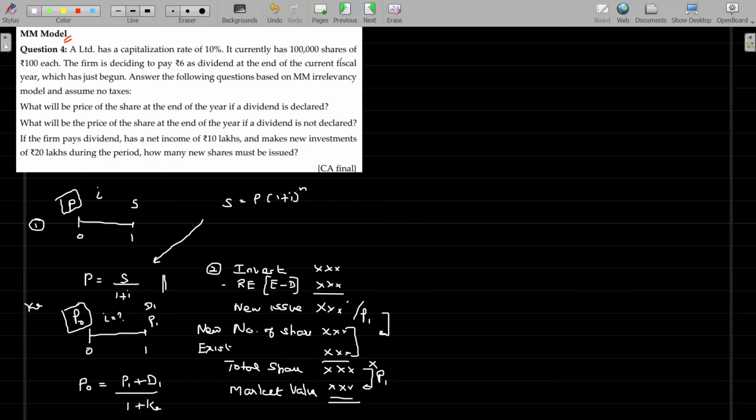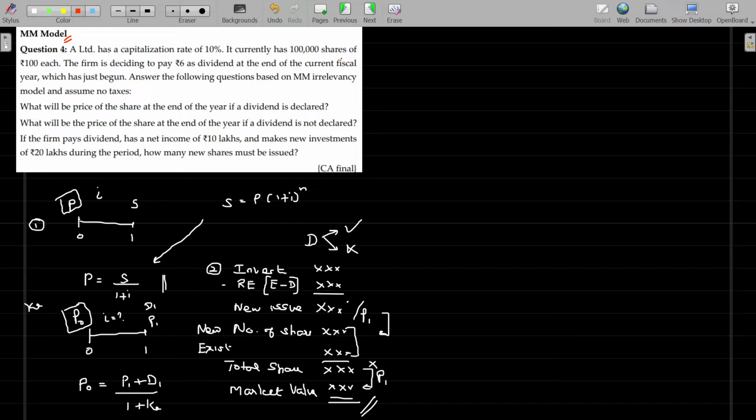T1. If he calculates with this option, whether dividend is given or dividend is not given, the market value remains constant, he says. That is why this is the dividend irrelevancy model. Whether you give the dividend or not will have no relevance over the market value of the company. Of course, the price by the end of first year or nth period, P1, may be changing. It will change. You should not decide based on the price change. Look at the entire value of the company, it will not change, he says.